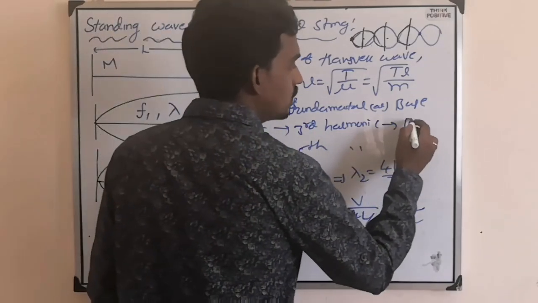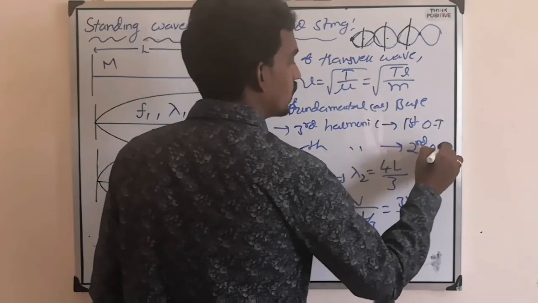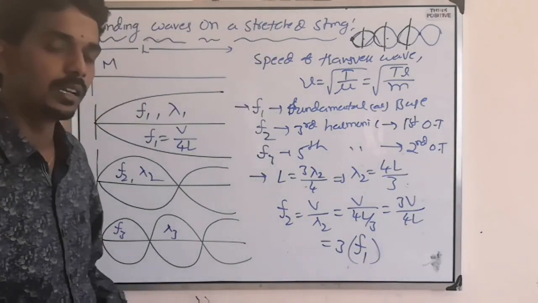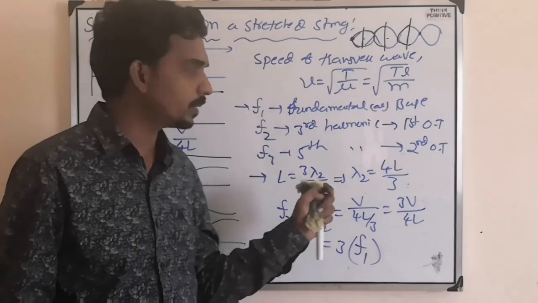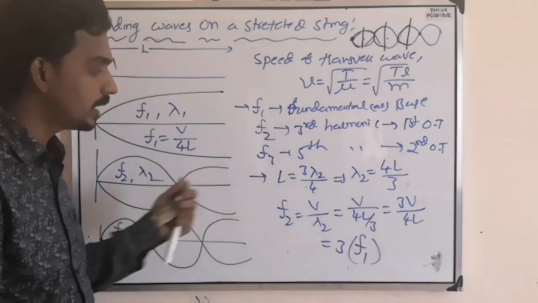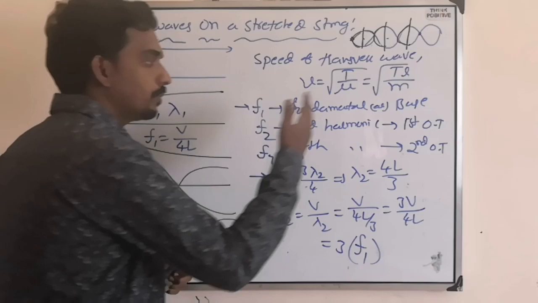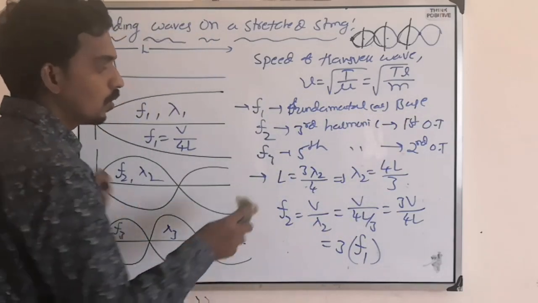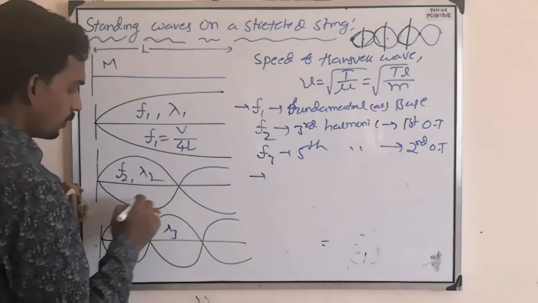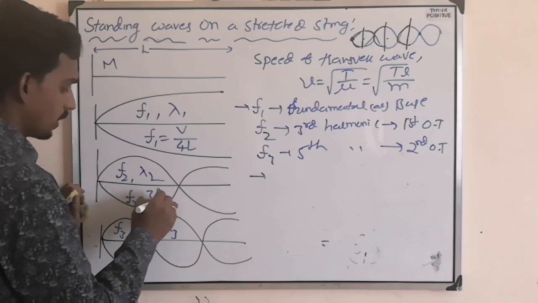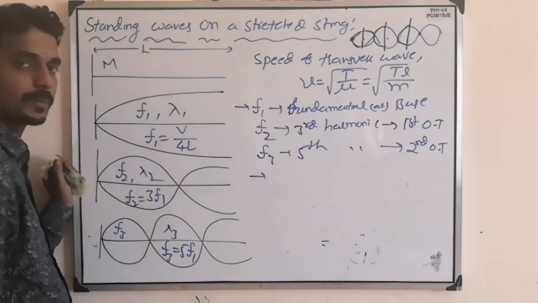Third harmonic will come as first overtone. And fifth harmonic will come as second overtone. So there first overtone means second harmonic. But here first overtone means third harmonic. There is a difference. There is a difference in the formula of fundamental frequency. There is a difference in the connection between harmonic and overtones also. That also you should try to understand. So here possible frequency is how much? 3 times. Similar way you calculate this one, then it will come 5 times.